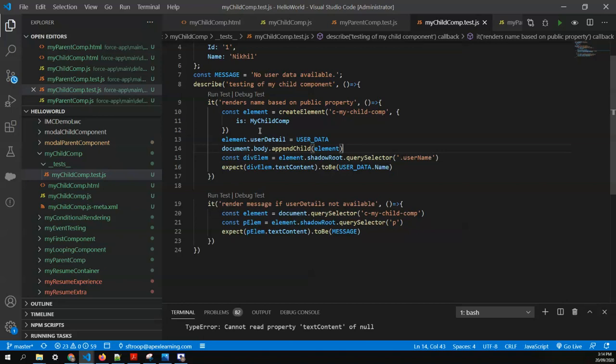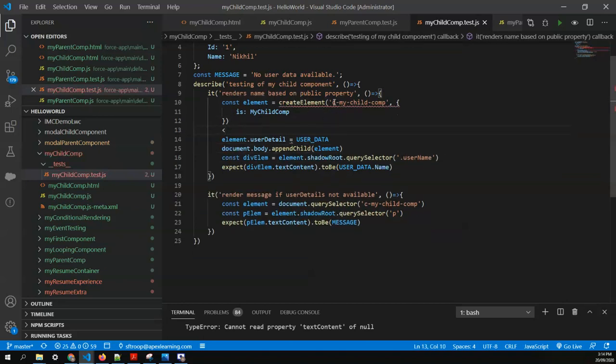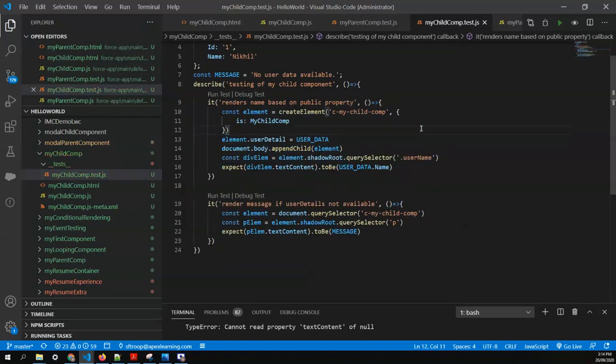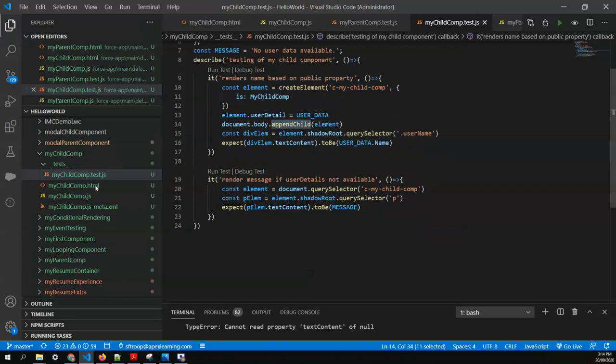Okay, so what it's going to do here is it will create the tag internally like this, and here it will take the element user details and map the user data like this. And once the data renders, it will load the document body. So that was the first mistake that I was able to figure out. That's why we moved our element creation from beforeEach to each test case. So now the element gets rendered. We can proceed with the same structure here.